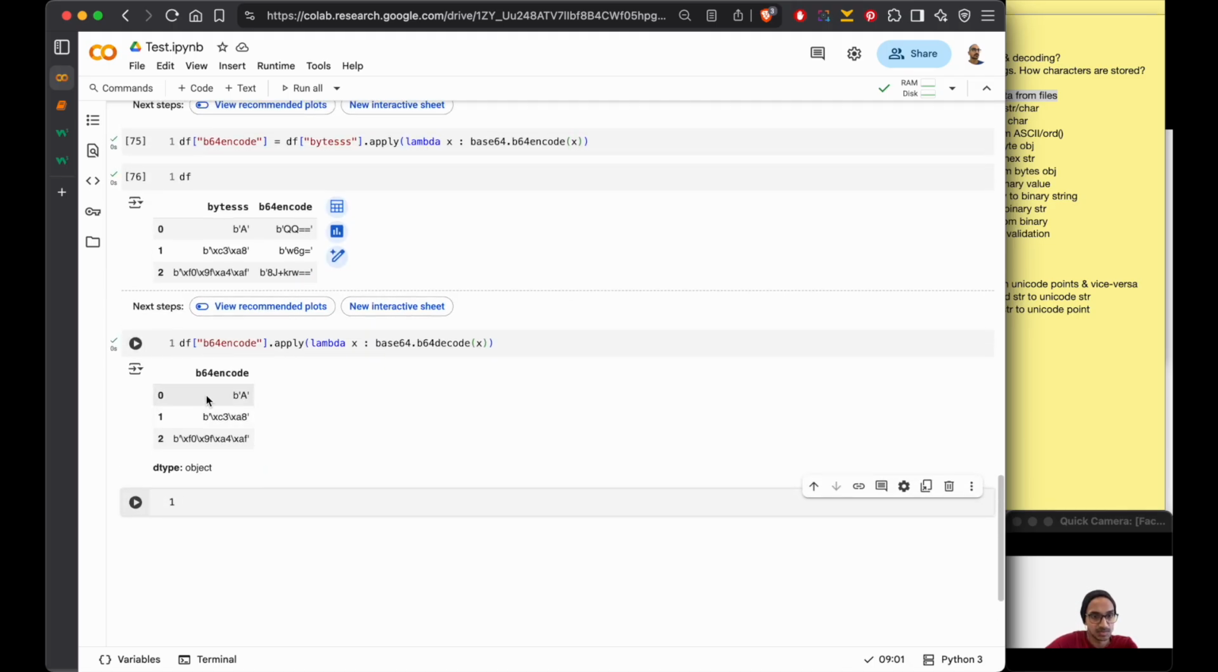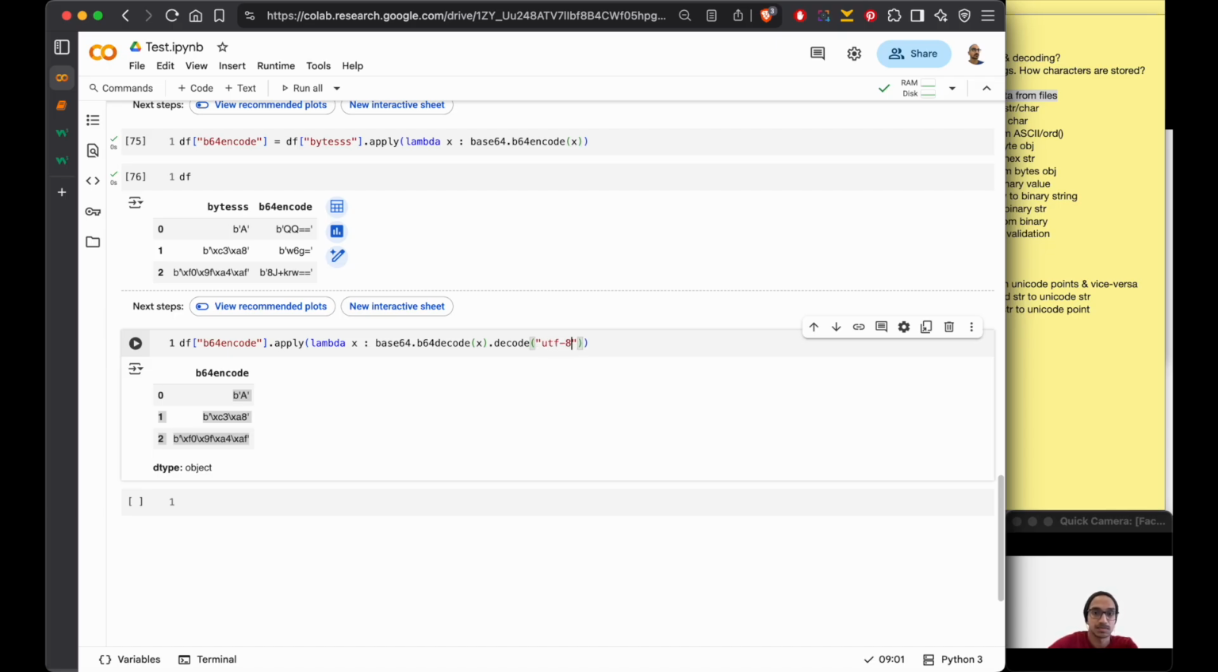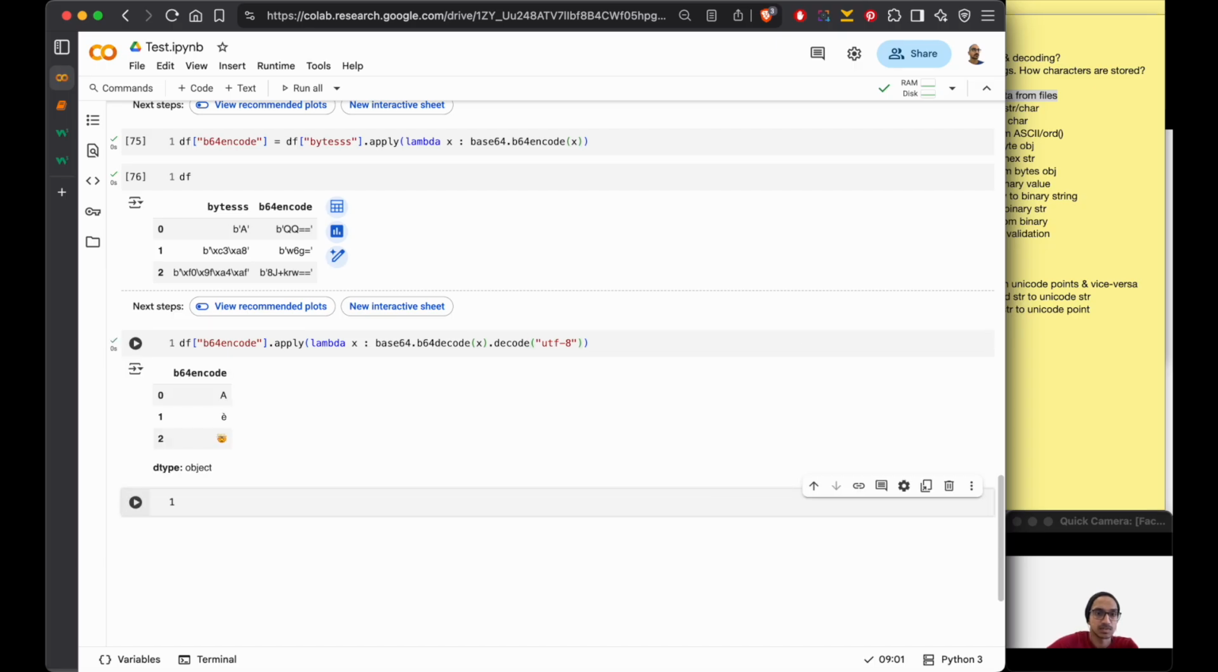Now you see we'll get our bytes back again. Now if I want to get the original text, then what I have to do is, I got the bytes, then I do a decode, which is our inbuilt decode method. So this works on the bytes. So we do UTF-8 decoding. We'll see what happens, and we get our original result. That is how